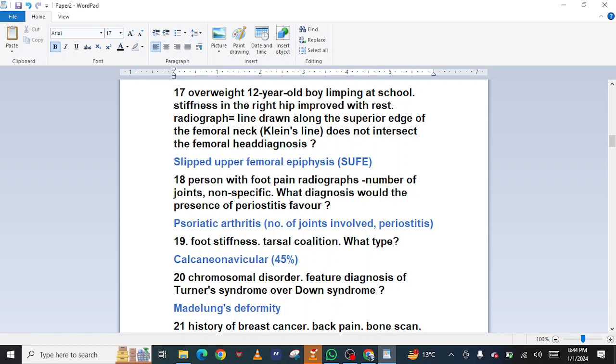18. With foot pain. Radiographs non-specific. What diagnosis with the presence of periostitis, fever? Psoriatic arthritis. 19. Foot stiffness. Tarsal coalition. What type? Calcaneonavicular. 20. Chromosomal disorder. Feature diagnosis of Turner's syndrome over Down syndrome: